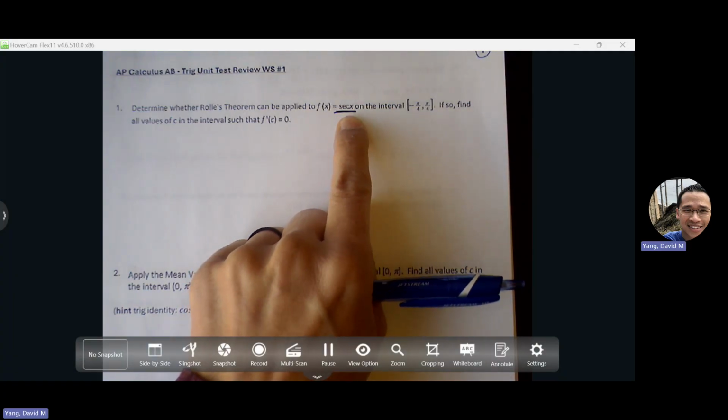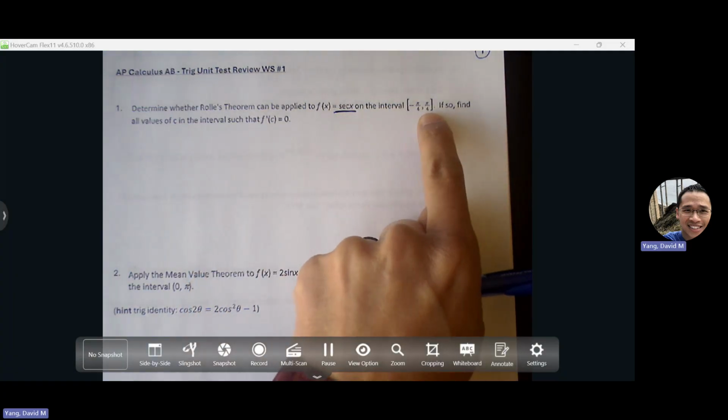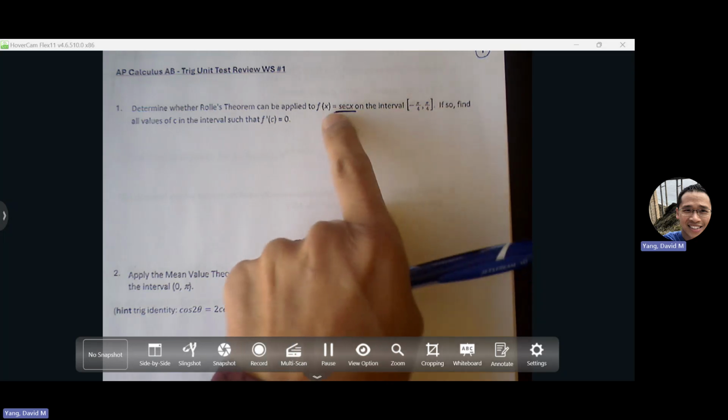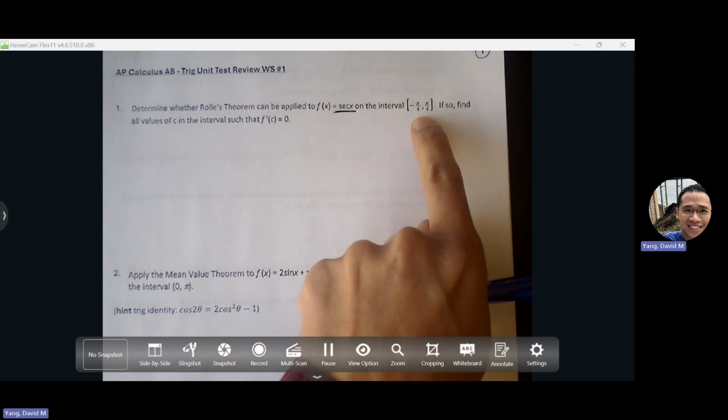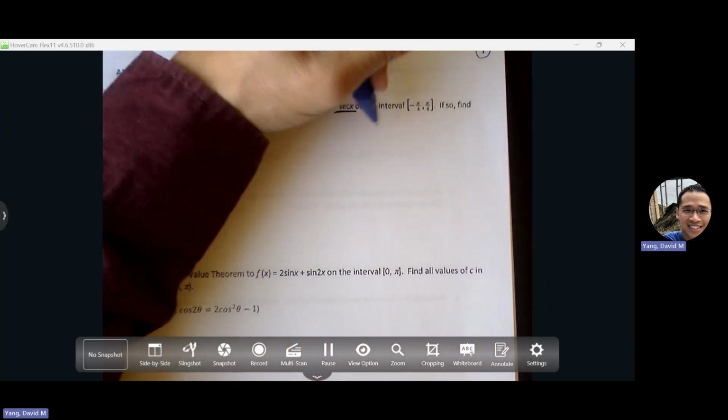Doesn't mean that because there's a vertical asymptote that we're going to fail. It just means that we have to double check that our asymptotes are not interfering with the interval. If it does interfere, then we stop the problem. Function is not continuous. The theorem doesn't apply. All right, so let's just consider